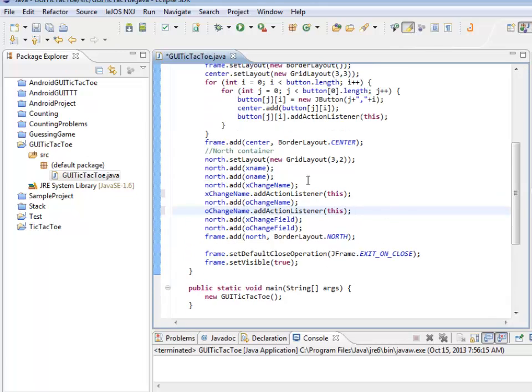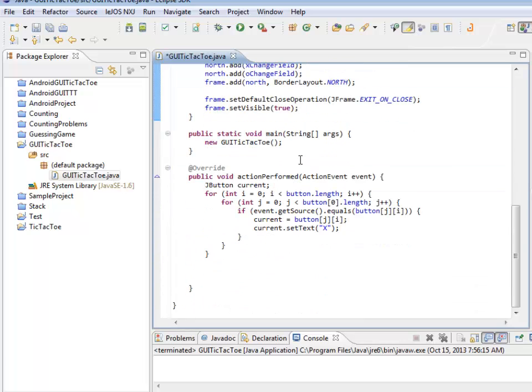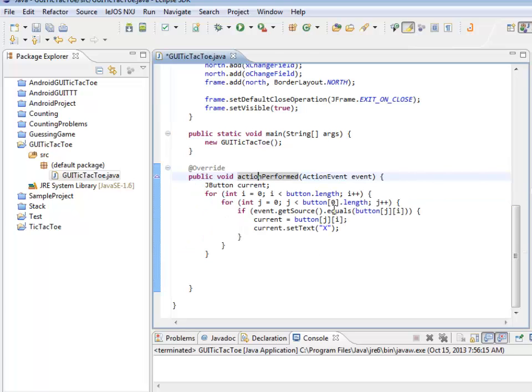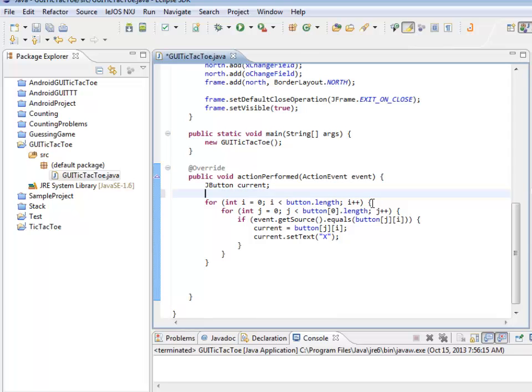So now when I click on these 2 buttons, it actually fires the event correctly. One thing I'm going to have to watch out for now is that this action event might be one of the buttons in my grid, but it also just might not be. So I'm going to have to double check that. So in here, why don't I create a Boolean where I check to see if it was a grid button. Inside of here, if I actually find one of the buttons, I'm going to set grid button to true. And when I'm all done,